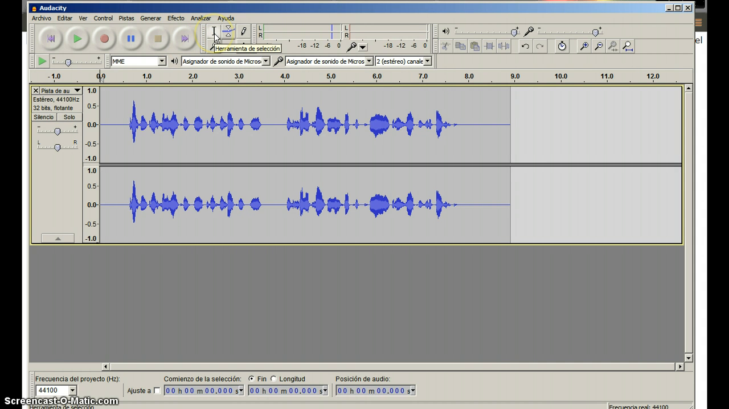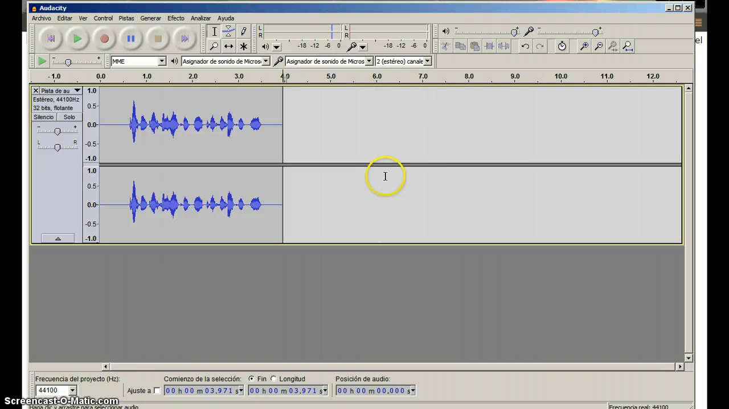So what you're going to do is use this select button and choose the portion that you want to delete, which will be this last part where we were talking about the purpose of this audio file. Okay, when you have selected it, simply click on the delete button and voila, you have eliminated that part of